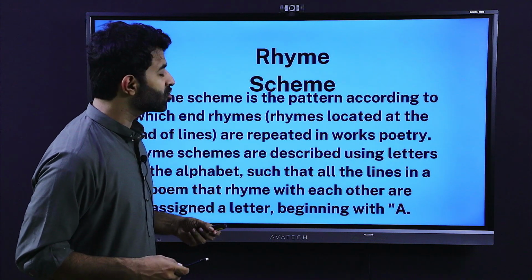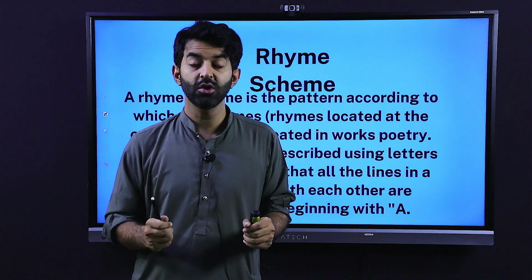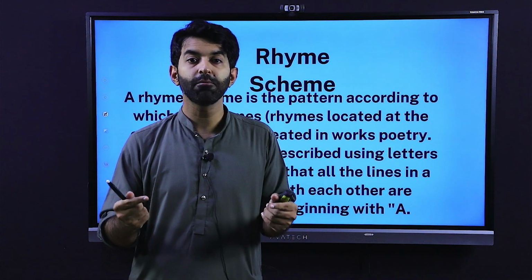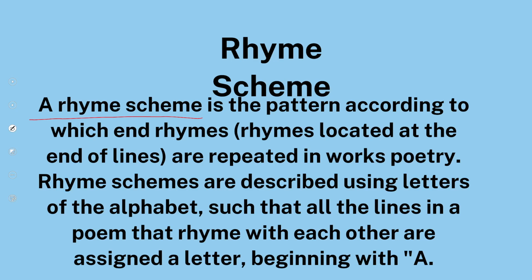Now, let's talk about rhyme scheme. Scheme means a pattern. We need to understand the rhyme pattern of a poem. A rhyme scheme, my dear learners, is the pattern according to which end rhymes, the end words located at the end of lines or verses, are repeated in works of poetry. Rhyme schemes are described using letters of the alphabet. A, B, C, D, all those letters can be used to represent and describe the